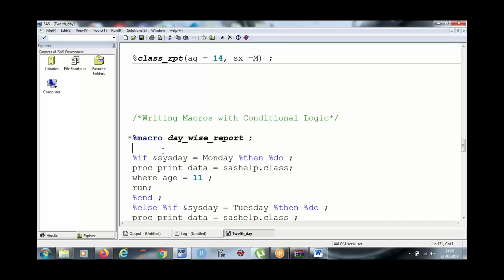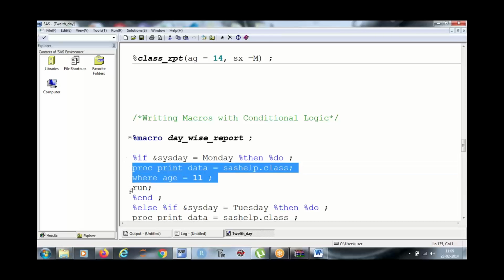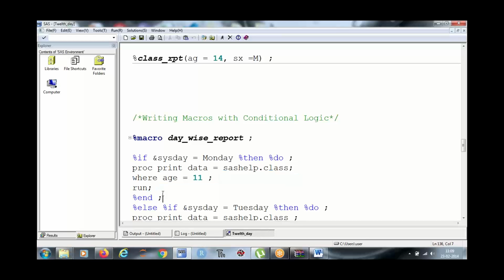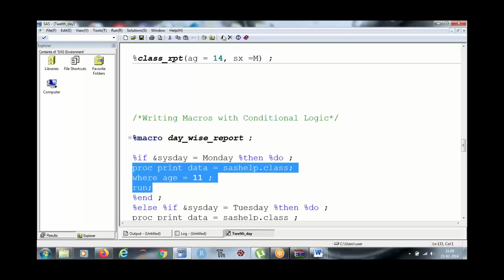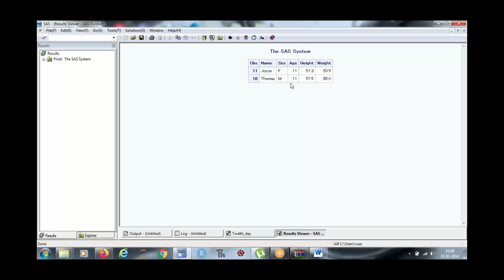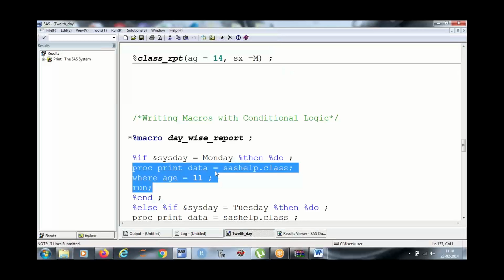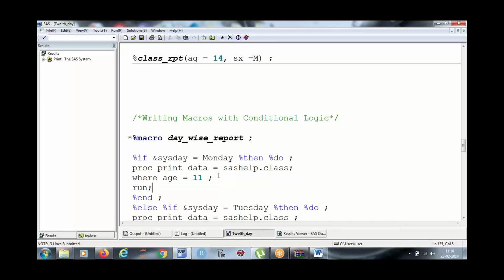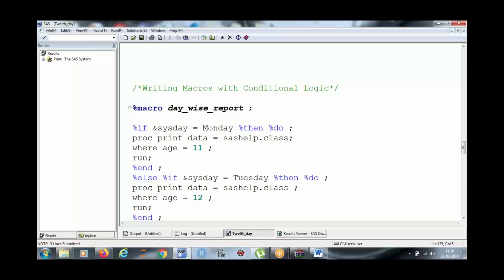Every keyword, you see, uses a percent symbol. Now we write proc print data is equal to SASHELP.class where age is equal to 11. Run. So this will give me the output only for the age group 11. However, if it is not Monday, it should give me output for age group 12.